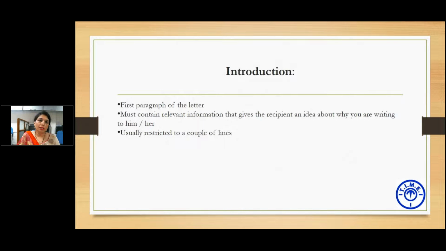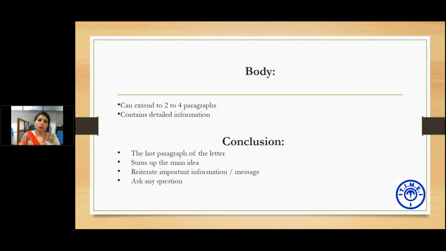It should not be less than 2 lines, and normally it should not cross more than 4 lines. Then we come to the body. The body is where the bulk of the informal letter lies. That means the bulk content is found in this part. It can extend to 2 paragraphs, 4 paragraphs, and well, you can actually write as much as you want to